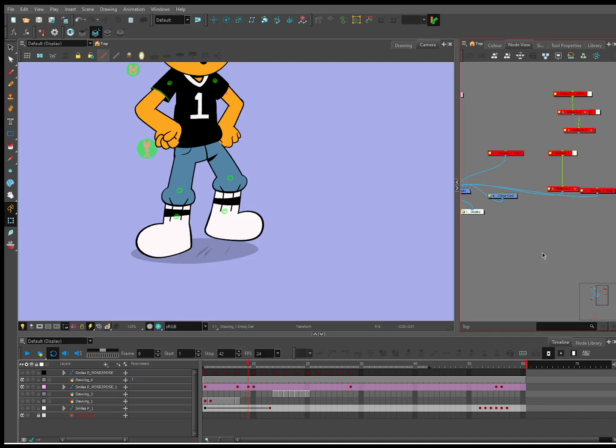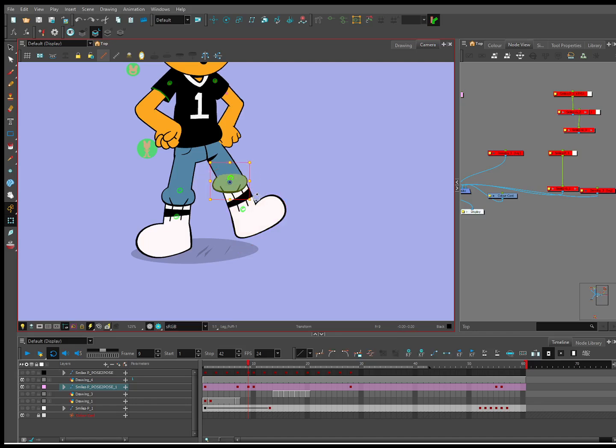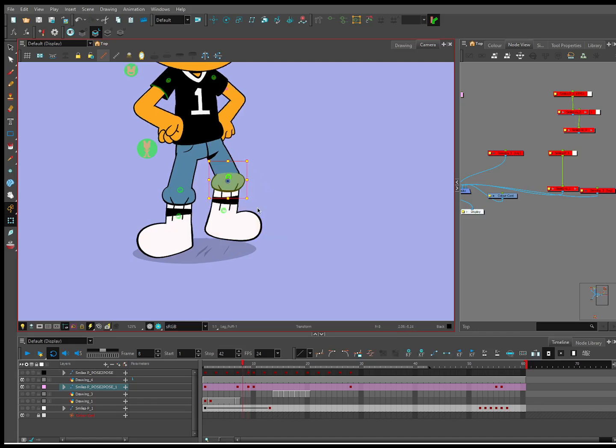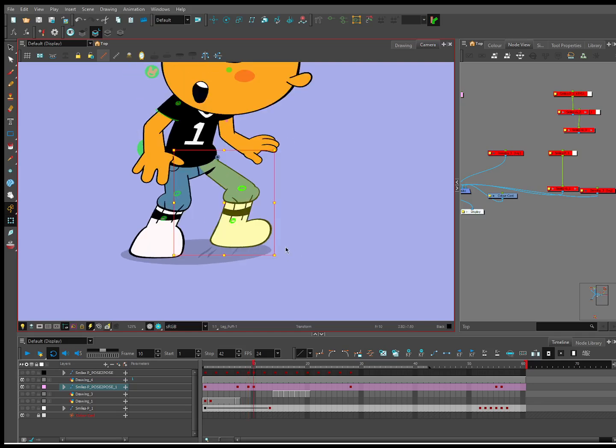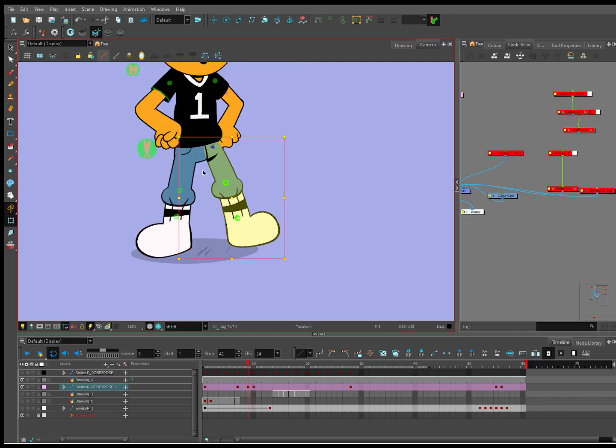this is where we go, okay, what's leading? The foot is leading. So I know the foot, and this is where I'm going to have to manipulate it a little bit, which is easy. Manipulate and skew. He's not taking a big step. Maybe I'll just move his foot out like that. Yeah.